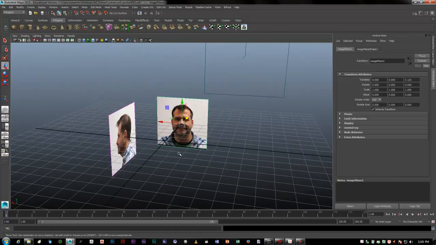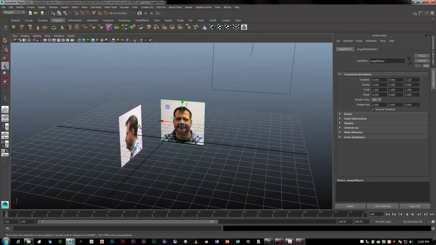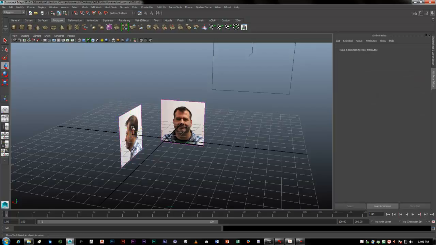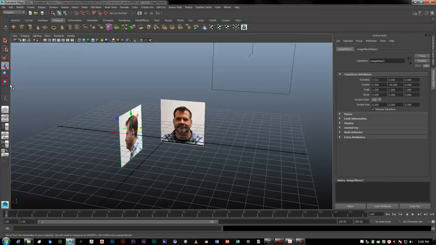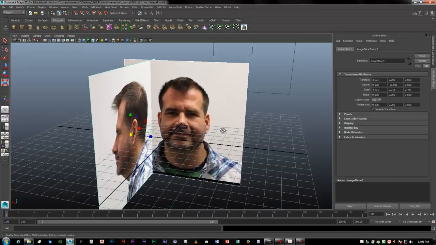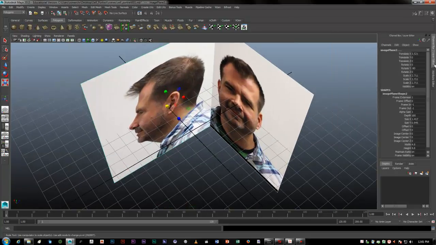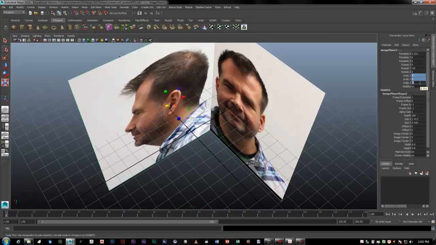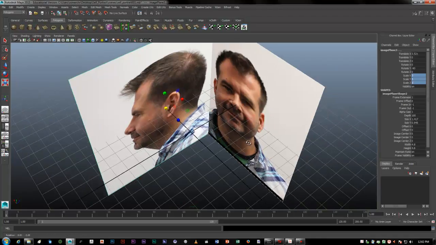Now I want to create kind of a larger view here, so I'm just going to select both. You can see that if I click off in my viewport that I've deselected the image planes, and I can't click on top of the images, but I can drag and select the edges for both. And I'm just going to hit my scale tool and do a uniform scale, and you should see that it should scale them up. My channel editor, I'm going to give that a value of, I'm just going to say 3. I start losing resolution,